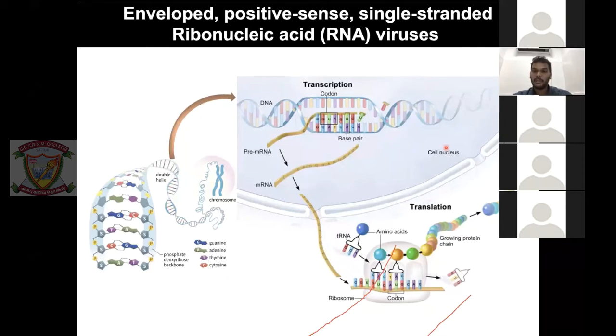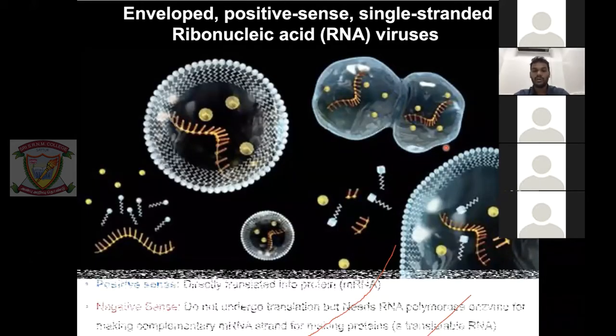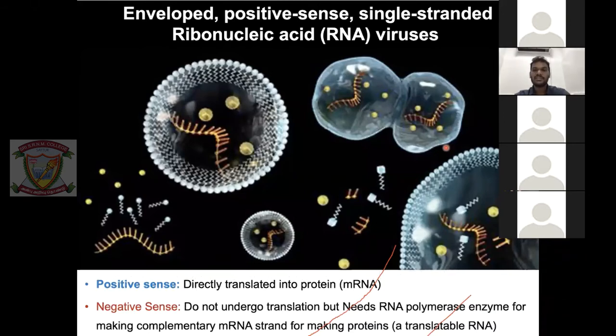This mRNA is called mature RNA, and that goes into translation for protein making. All right, so this is the entire mechanism happening in eukaryotic cells. So what happens in the coronavirus? What is positive sense is that, so these are RNA viruses. There is no point of thinking about transcription itself. So they can just directly go into the translation process.